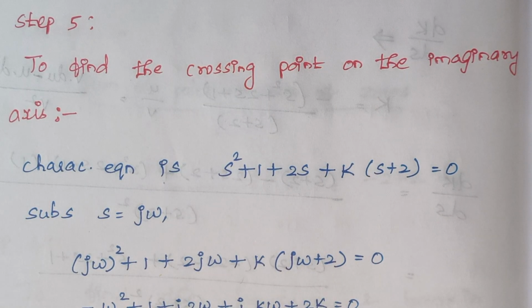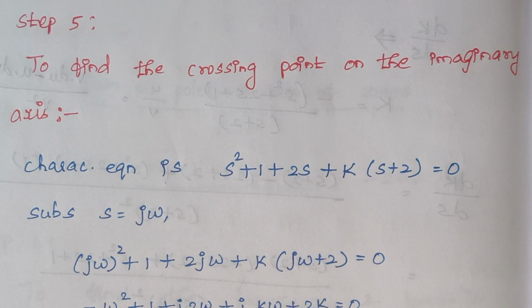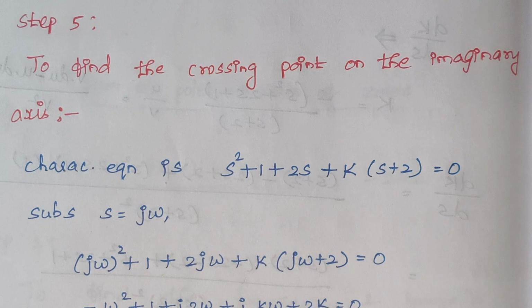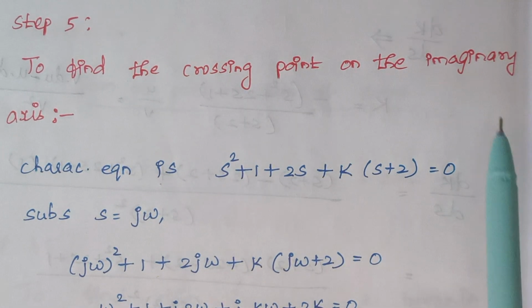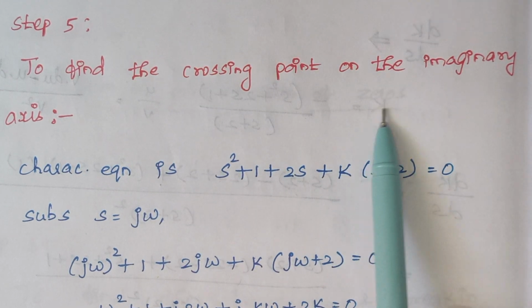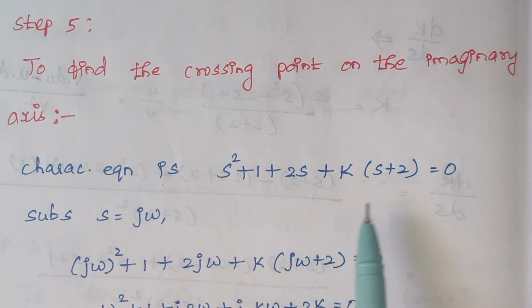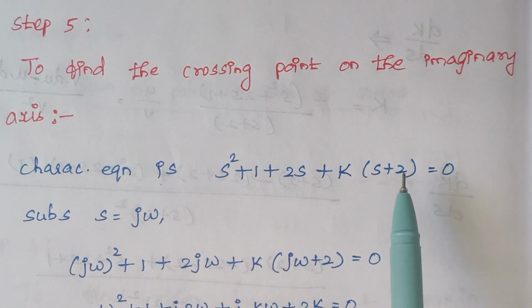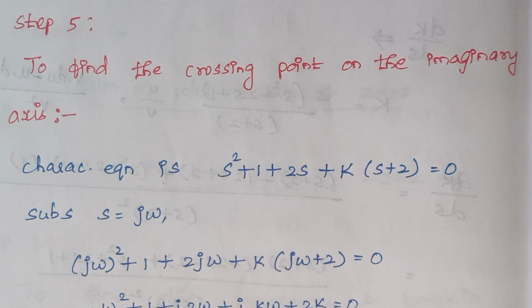Here no need to find the angle of departure and angle of arrival, because here we are not having complex poles as well as complex zeros, right? So we are moving to the final step to find the crossing point on the imaginary axis. Again here we have to consider the characteristic equation. In the characteristic equation we have to substitute the value of s equal to j omega, and the next step